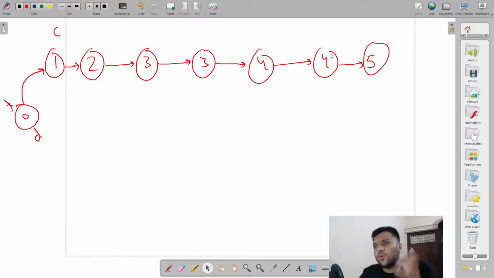I draw that previous list and I create one dummy node over here, which initially has a value of 0. You can put any value, I prefer to put 0. So I create my dummy node, and my dummy node is pointing to my original head. Now you may ask, why use a dummy node?